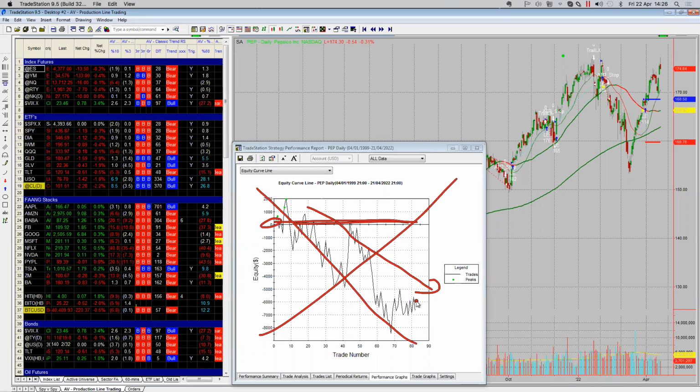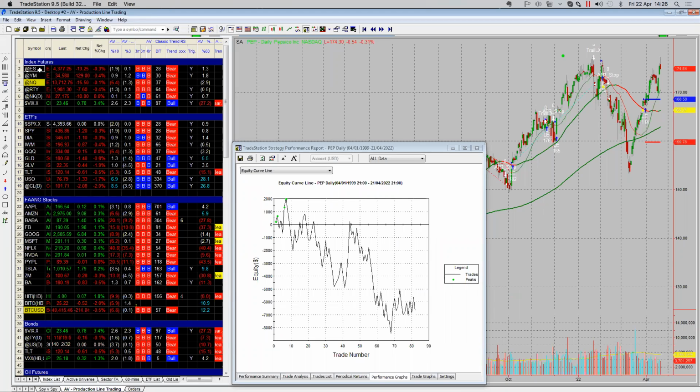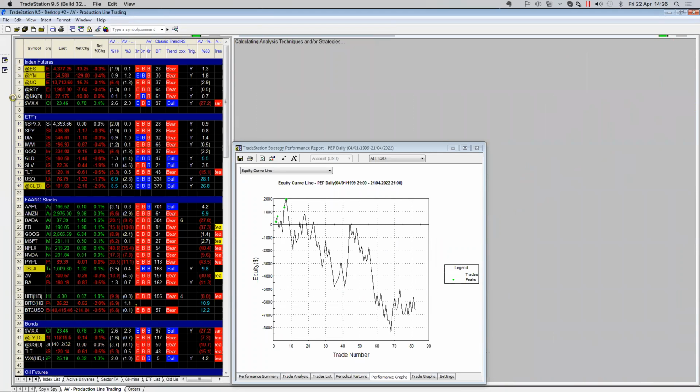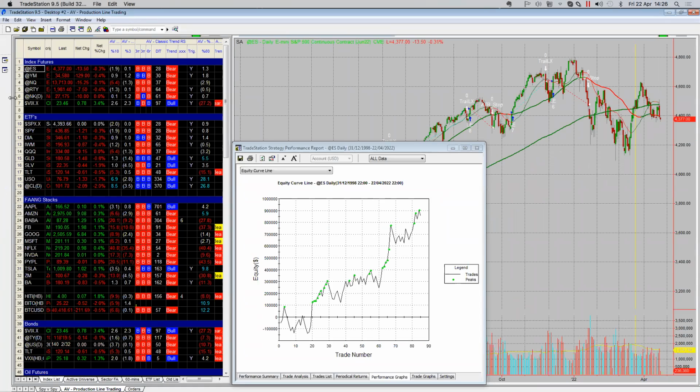It doesn't mean that I can't profit from it. What it means to me when I look at this data or the historical performance over the last 20 years, it suggests to me that while it's a good stock, it's a good company, it just doesn't behave favorably. So if I was going to trade it, I would need to be selective. I've now got to start applying discretion. I've now got to start looking and hunting for opportunities if I wanted to trade this stock. Whereas if I want to trade the S&P, I know that I can trade this chart.